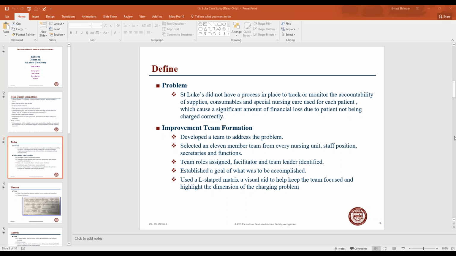And a lot of times what the problem is with the finance department isn't the problem that the nurses have, right? Ones are running around with their hair on fire, trying to ensure things are happening. And the accounting is not necessarily their problem, but now what they're trying to do is get all the contributors on the team, to ensure that they have capabilities there to know how each of the components that contribute to this works. What are the problems with supplies maybe the nursing unit has, and then how's the transportation and storage occurring, and how are they being ordered? So you're thinking about this as a process, because this is clearly a repeatable process,